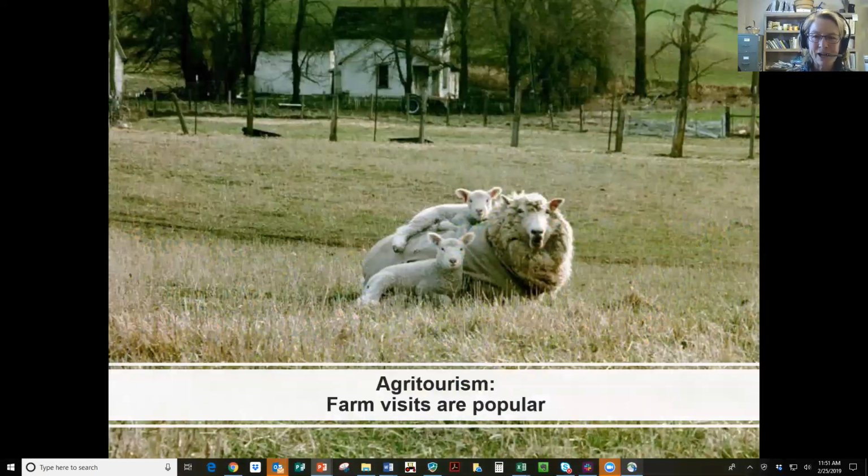So, this is a shot a friend of mine took. She thought it was so cute that the lamb was lying on top of their mom. They love to do that because it's a cozy, warm spot. And this was actually made into note cards, and then somebody asked if they could put this picture on there. So there's a sheep book that has this picture from my farm on it,